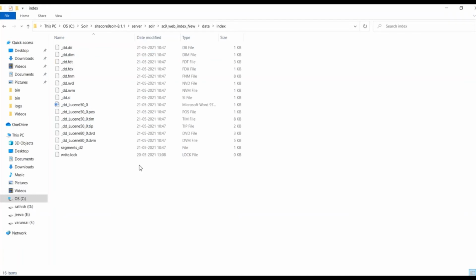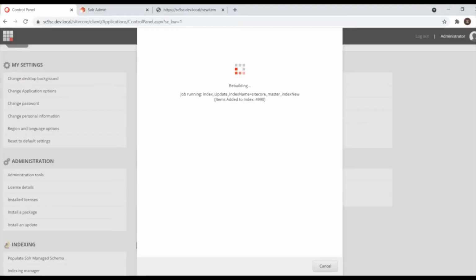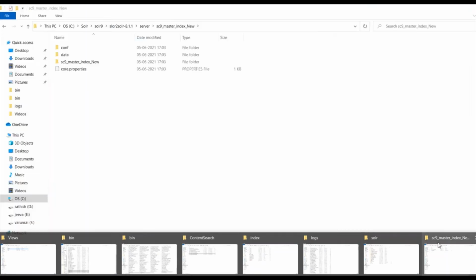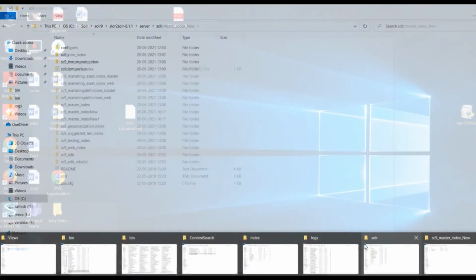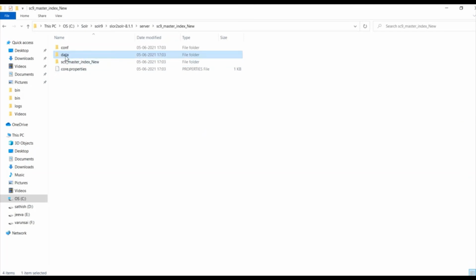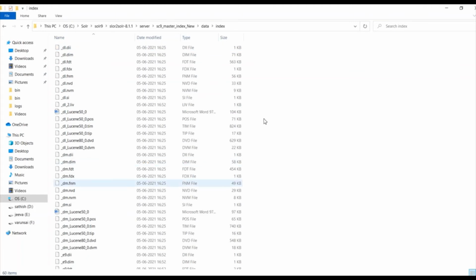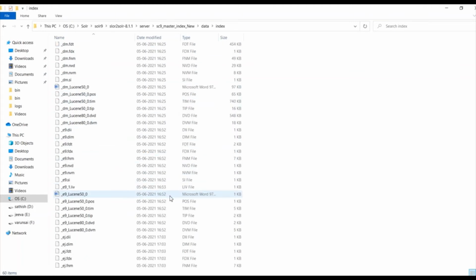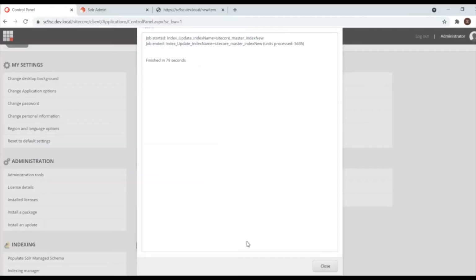Here the data is populated. Now the index data is populated here. See the data. Now the re-index is completed.